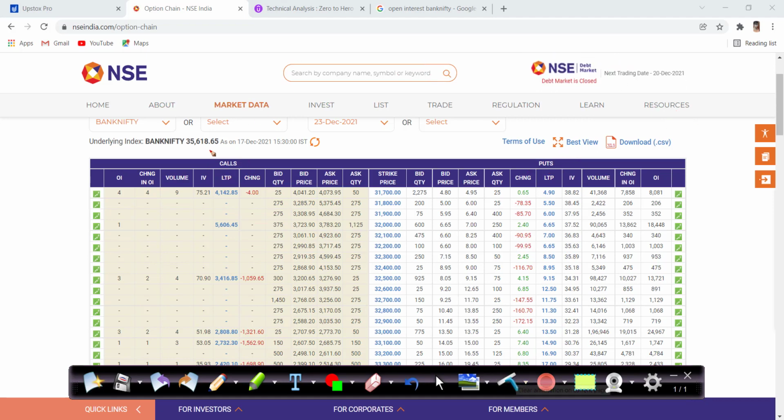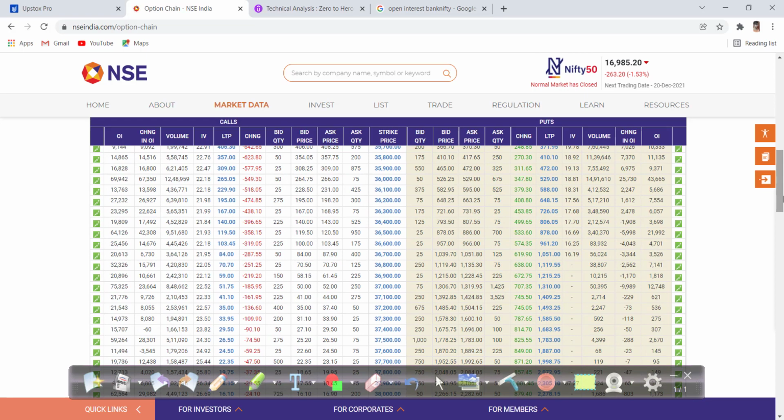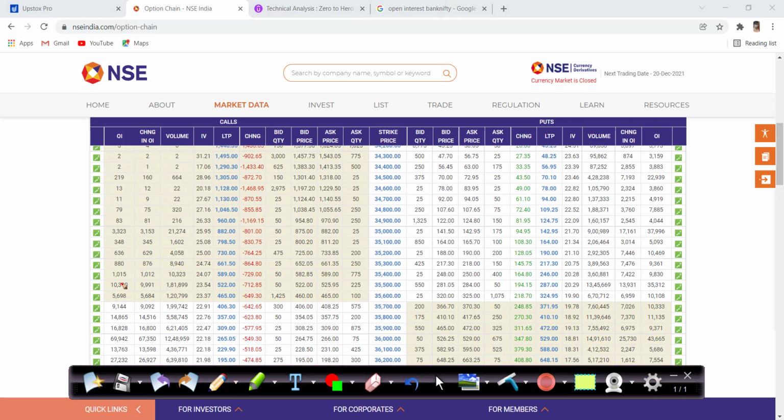If you scroll down a little, you will get to know the strike prices. Currently the market is at 35,500. If you choose this one, all this data is regarding this strike price. Let me mark it again. All this data is regarding this strike price. I never follow this NSE website because it is confusing me.